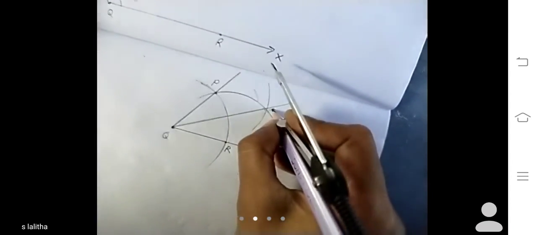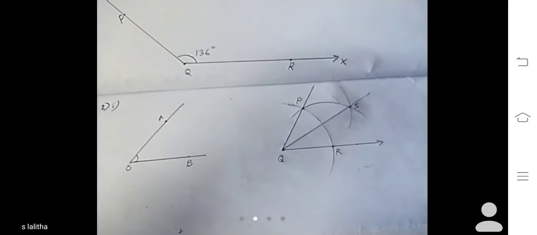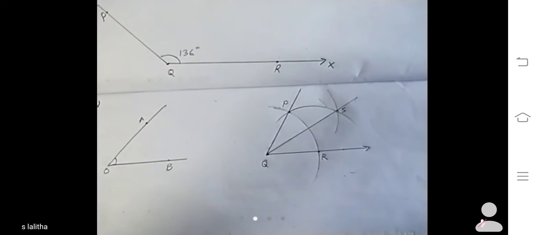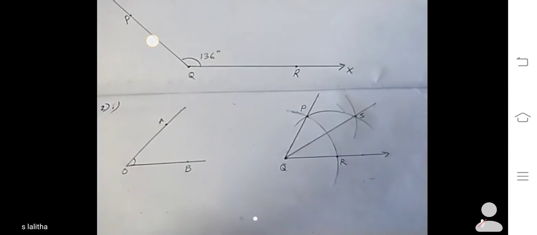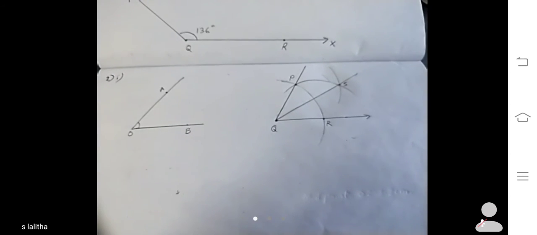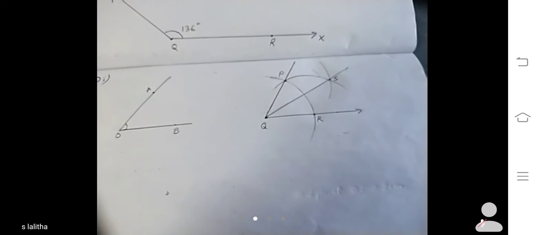So here you have to put any point, like S. Okay. This line is a bisector of angle PQR, this is the angle bisector. Okay. Did you understand now how to draw? Okay. Draw it. The second sum you can do as homework. Now draw the third picture.